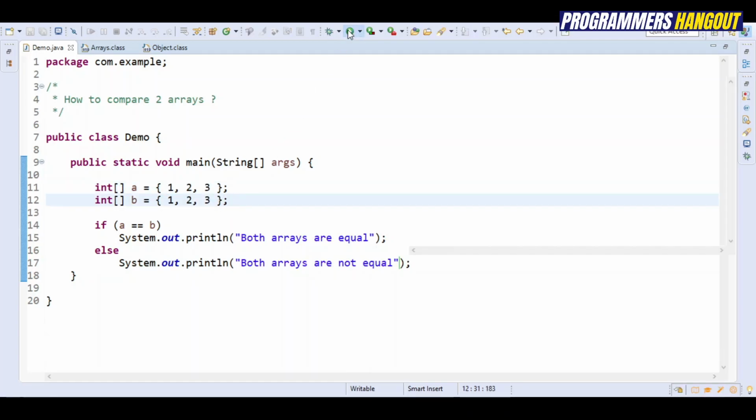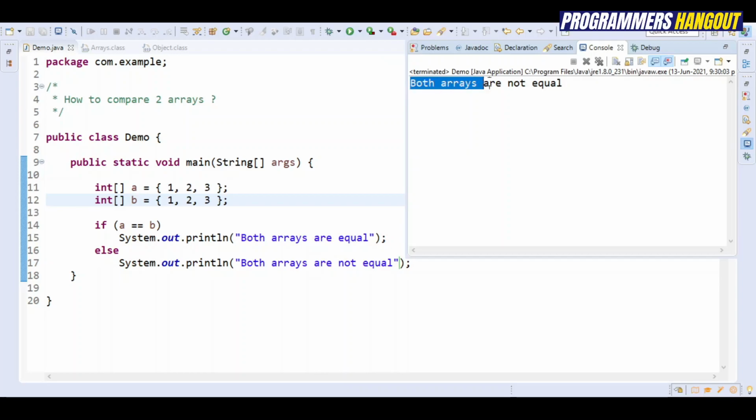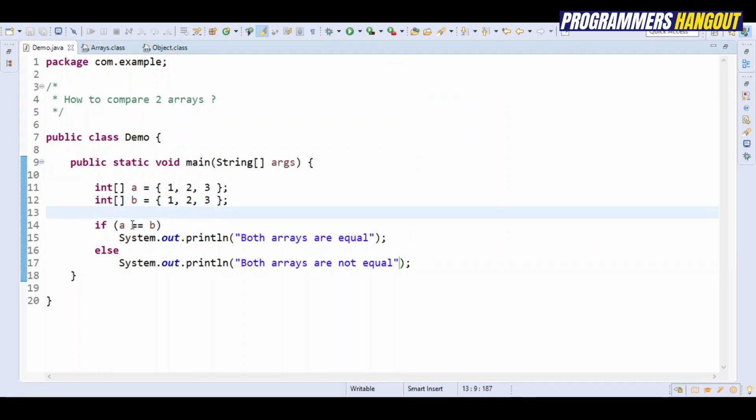And if I run this program, I'm getting the result as both arrays are not equal, because == is checking the reference and not the elements between these two arrays.